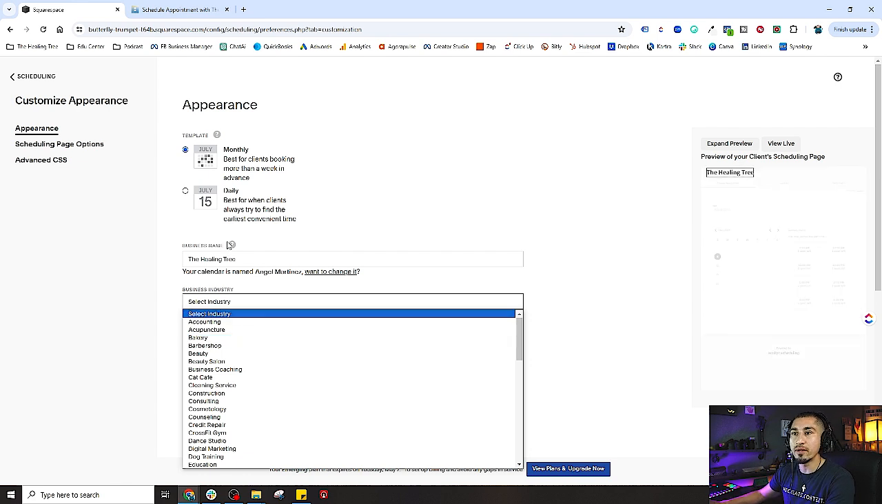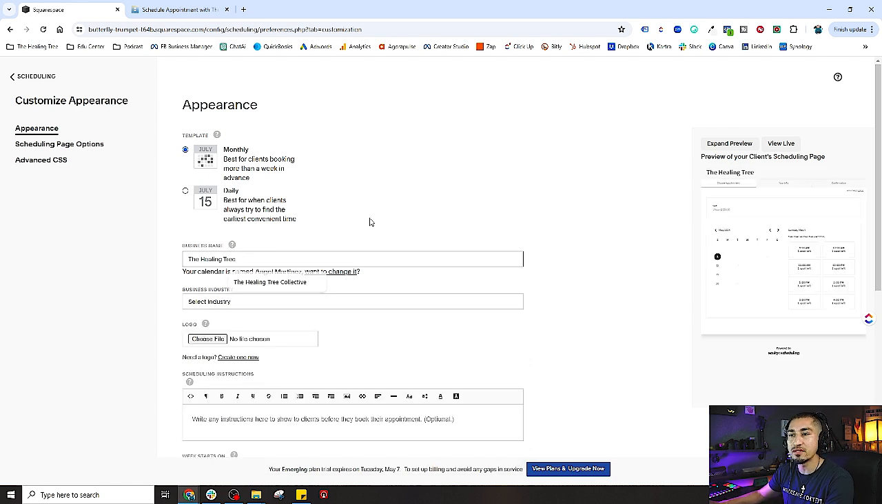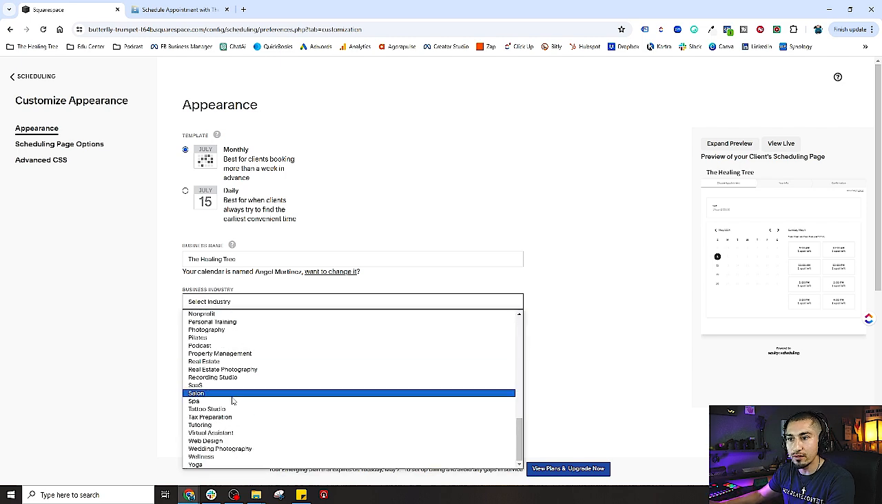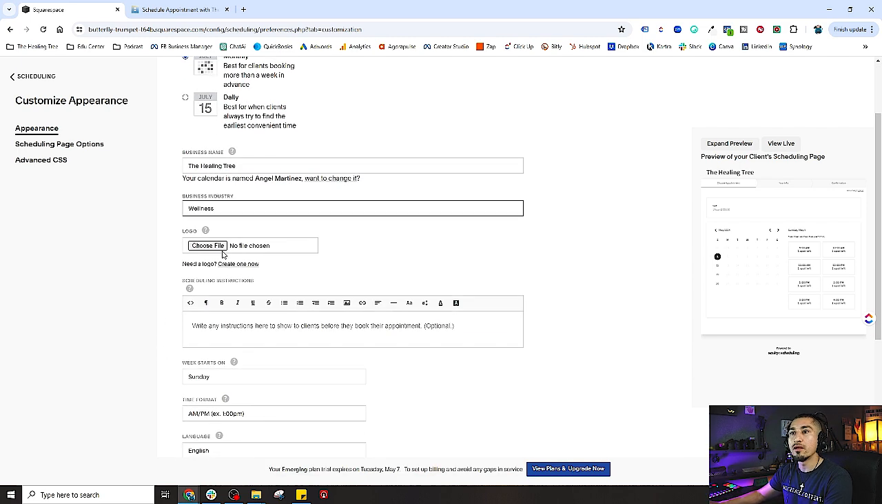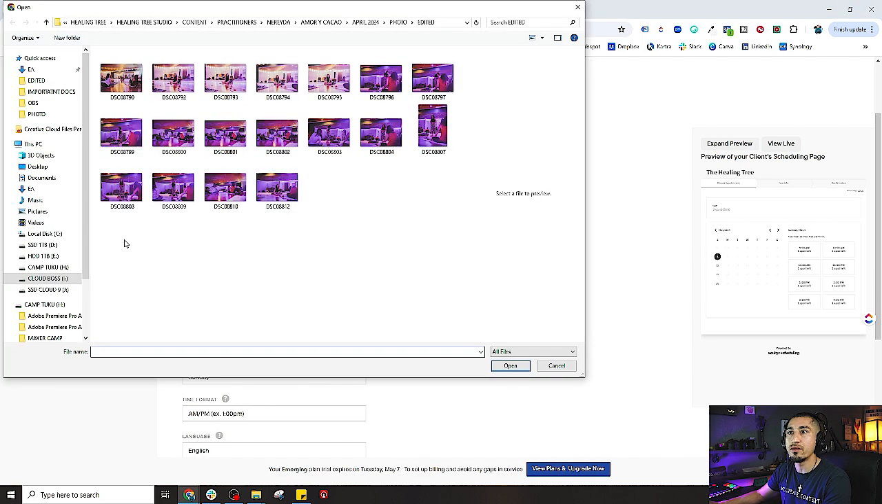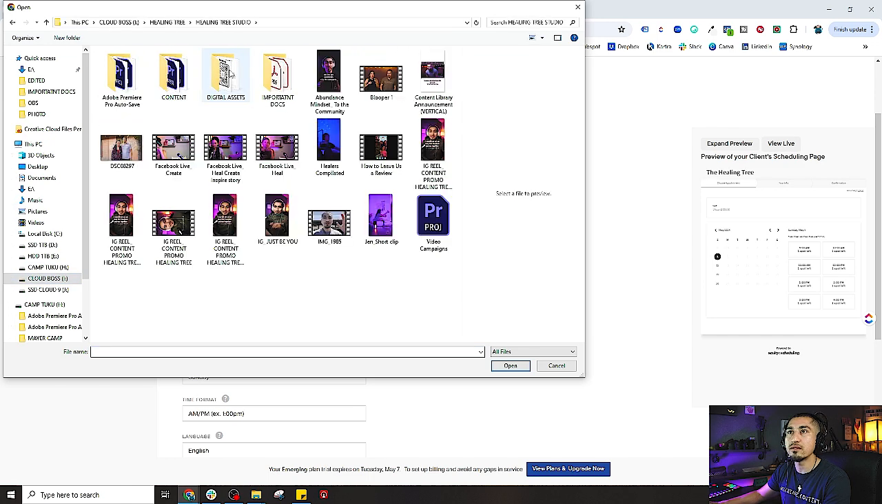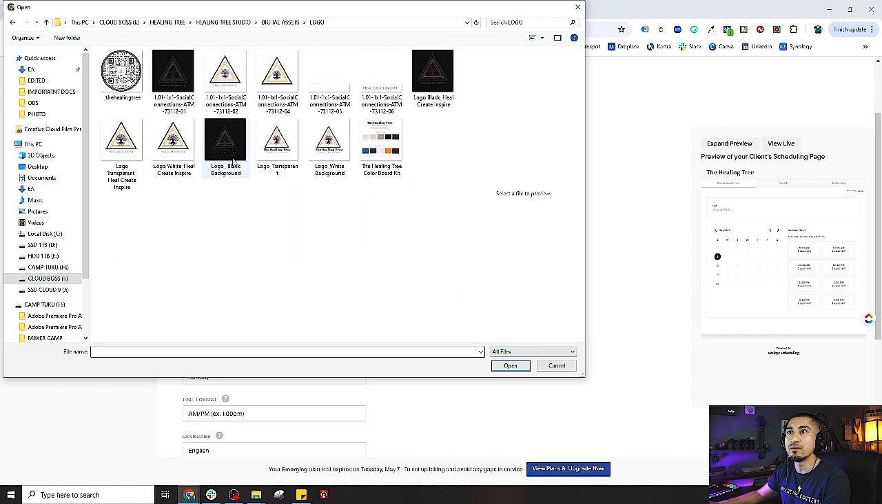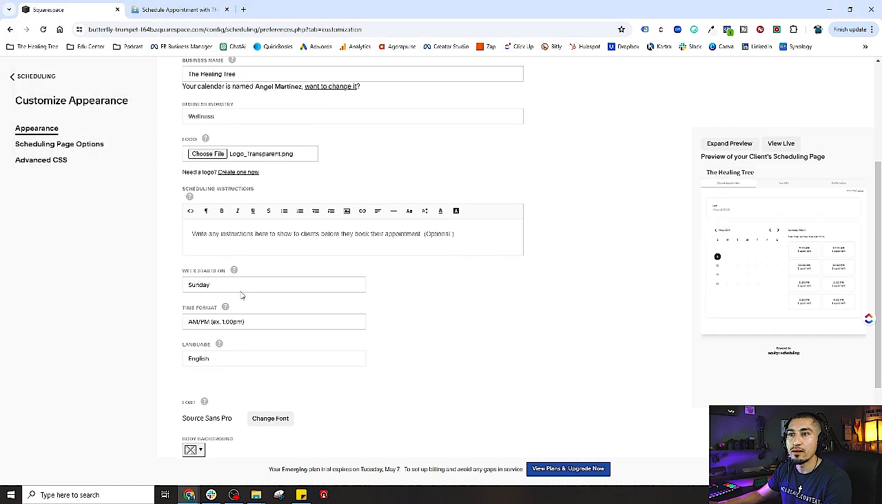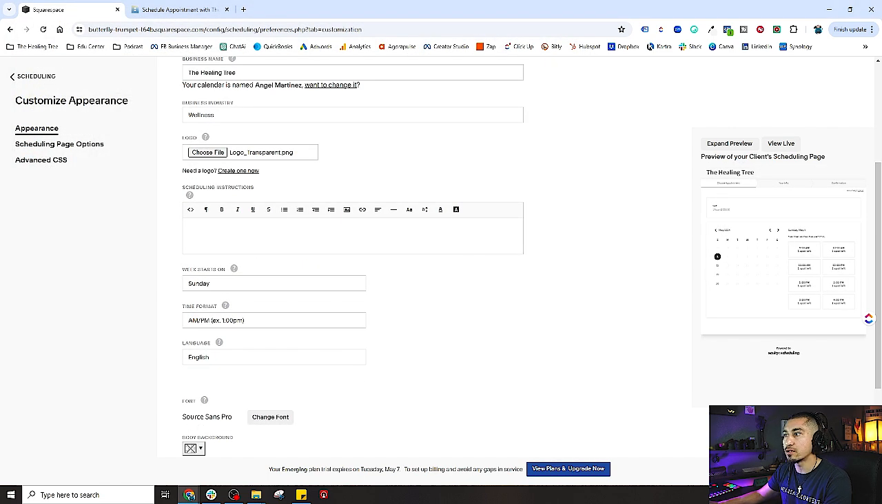So you can come in here, you would have the name of your business name, you would select your industry, which would most likely fit under like wellness. Perfect. Upload your logo, make sure that you do that. Let's go ahead and find our logo and upload that. Let's go ahead and do that here. All right, so now scheduling instructions. This is what we have